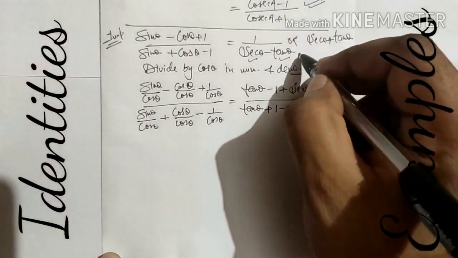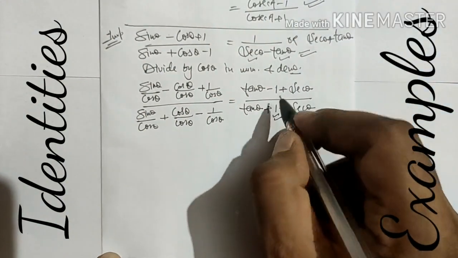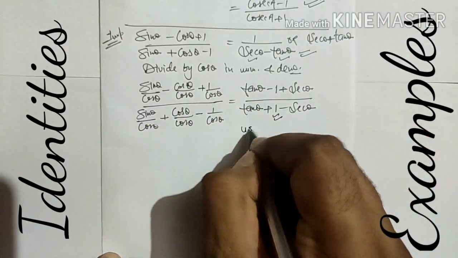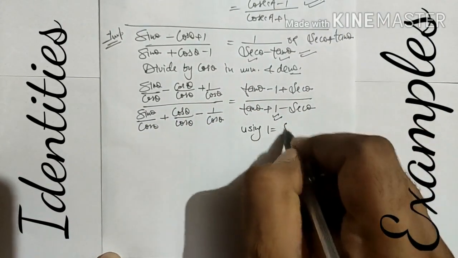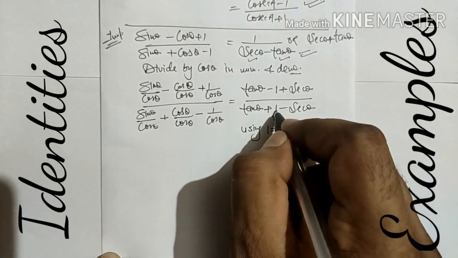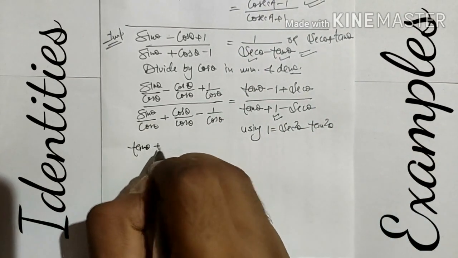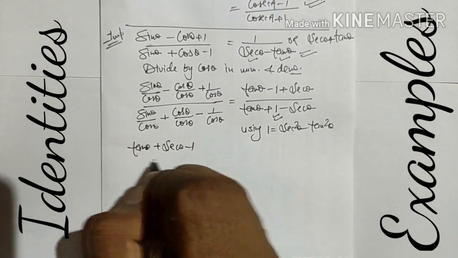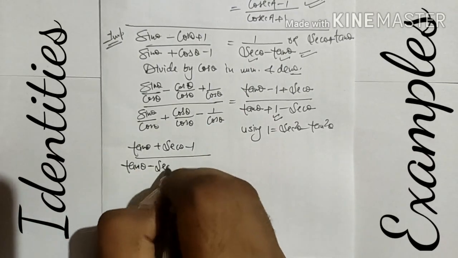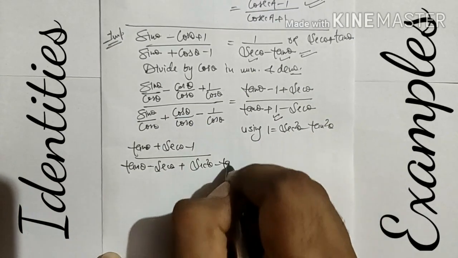If you see the answer required in denominator, so we are going to use identity. Replace 1 because we require only t ratios. We know that 1 can be written as secant square theta minus tangent square theta. So we are using this and writing this at the last of it. 1 we are taking at the last, tangent theta minus secant theta. 1 value can be written as secant square theta minus tangent square theta.